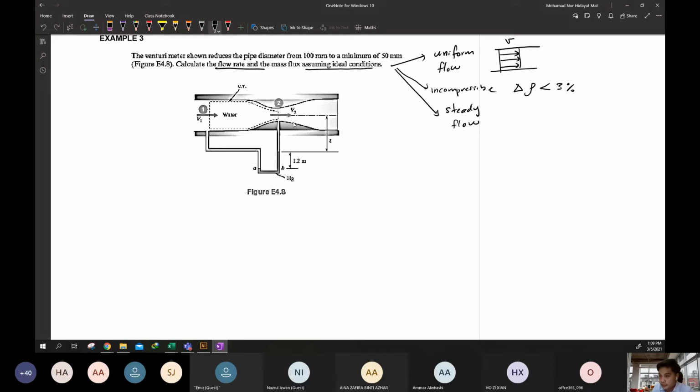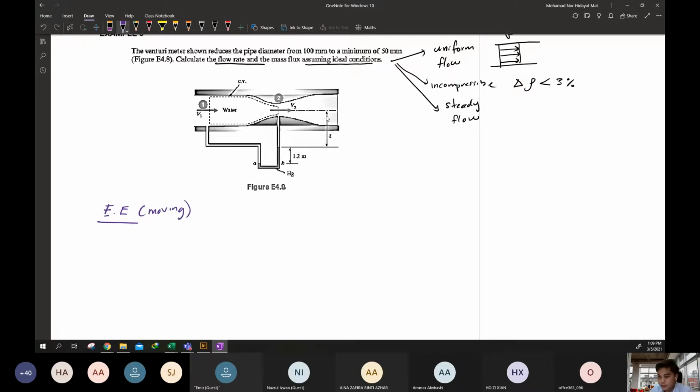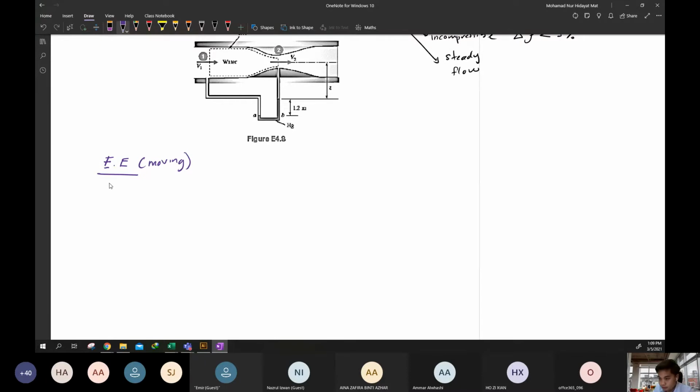So we consider using the energy equation, which is P1 over gamma plus V1 squared over 2g, because we have one inlet and one outlet. Inlet is 1 and outlet is 2. Plus Z1 plus work from the pump